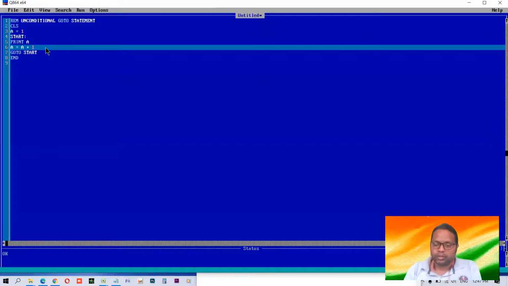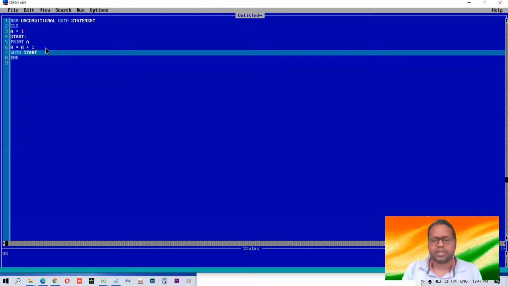So the new value of a will become 2. Now what will happen to 1? 1 gets erased from memory. From that memory location, 1 is now erased, and now it has got a plus 1, that is, a was 1 and plus 1 is 2. 2 is now the new value of a. So this is what is happening here.